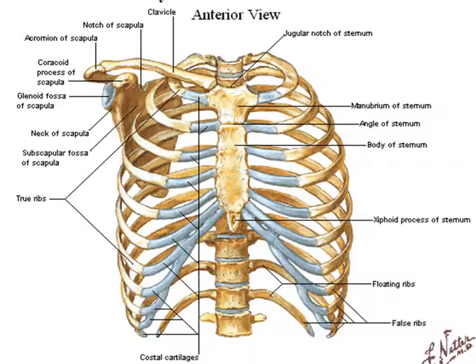Now this is an anterior view of the human skeleton. This is a thoracic cage which is formed by different bones, sternum, ribs, and on the posterolateral part of the thoracic cage you can find a triangular bone. This triangular bone is called as scapula. It is present on the posterolateral aspect of the thoracic cage, extending from second rib up to the seventh rib.